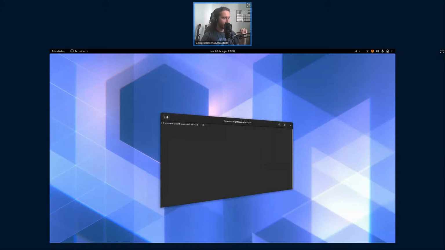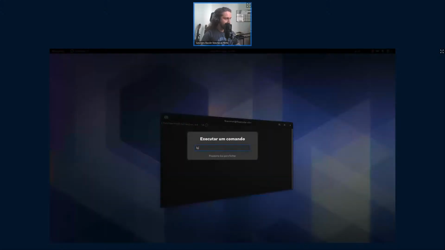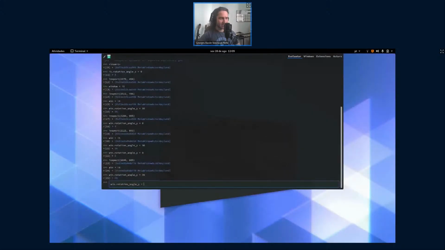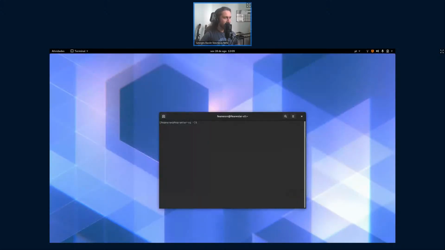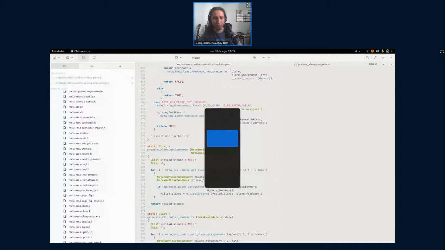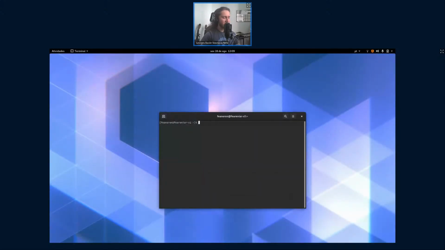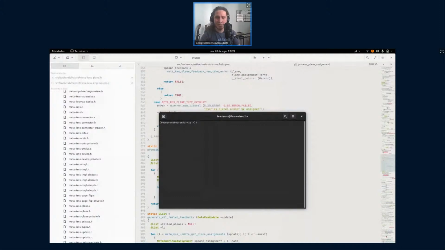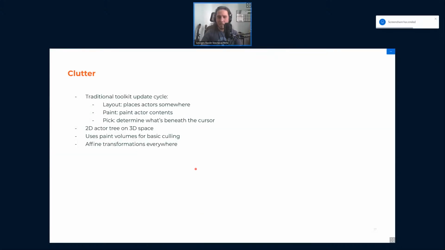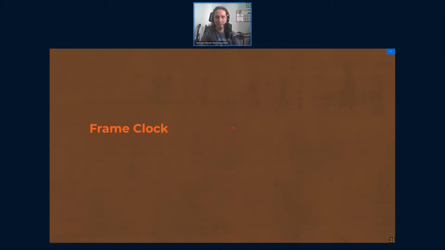It still works with stuff like this. I can open new tabs and so on, which is pretty nice as a toolkit. It has to deal with a lot of matrices, which I'm going to talk about later, tons of matrices everywhere. But it can also do a lot of cool stuff with it. Yeah, that's Clutter. Let's move on to the next topic.